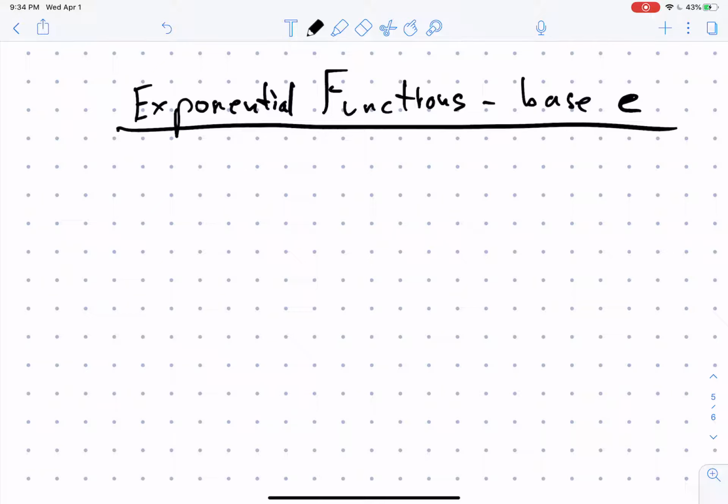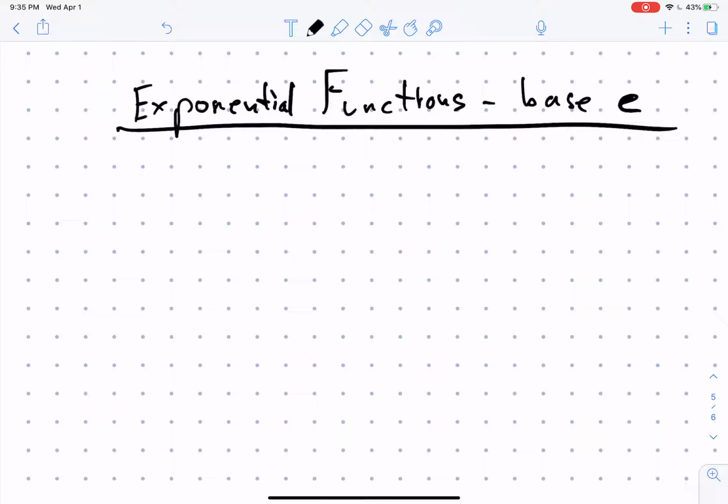This is going to be our third video about applications of exponential functions. And before we kick off an actual application, we're going to talk in this video about something about the coronavirus, because it's very pertinent. But before we get there, I just want to talk about the following, which is that